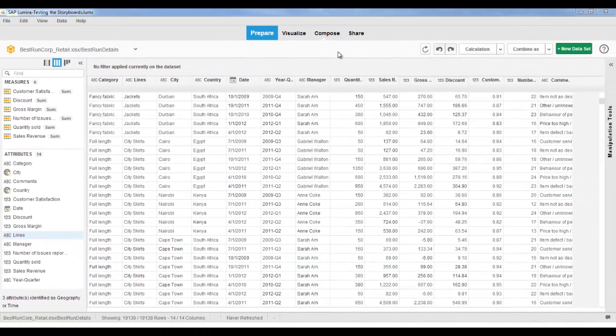In this video, we'll show you how to group data within columns within SAP Lumira. So here we have my data set, and what I want to do is group all of my values within my lines column. So if we go to the far right hand side of the screen and open up this